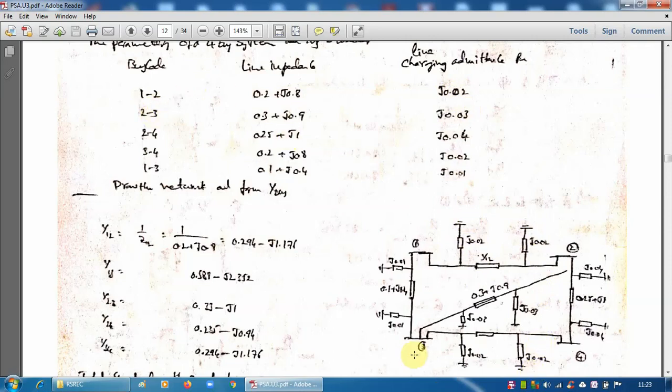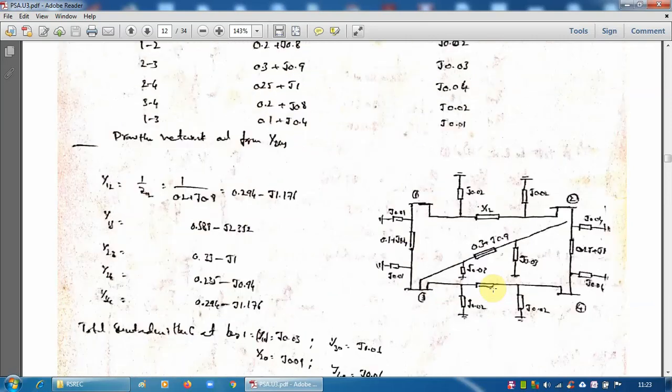Next, for bus 2-3 also, this is 2-3. Series admittance is given, this is series admittance. So remember, just notice here that I have written 0.3 plus J.9 here. This is not correct, this is impedance. If it is an admittance, we have to convert it into the admittance, and that only you have to use here. Here only to explain, I used the same thing. In the problem, admittances are to be considered. 1 by this value is to be used here in the problem.